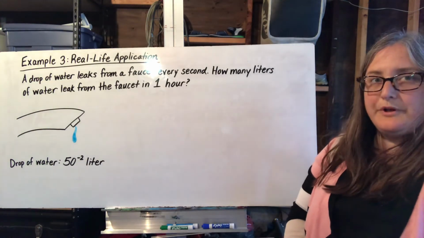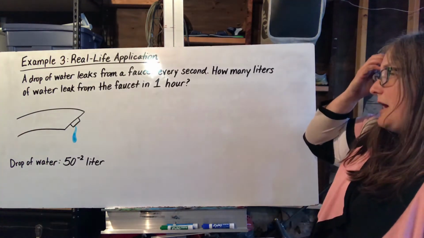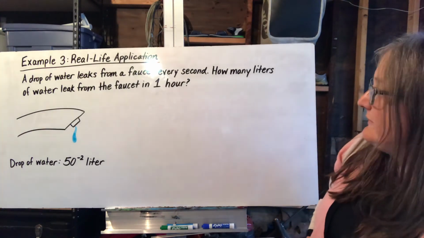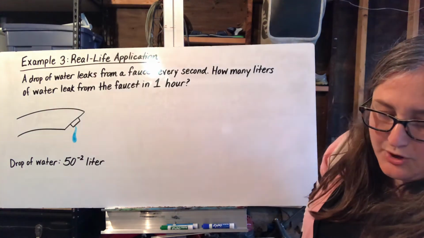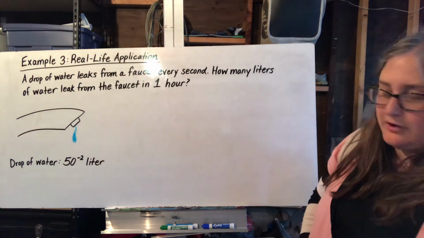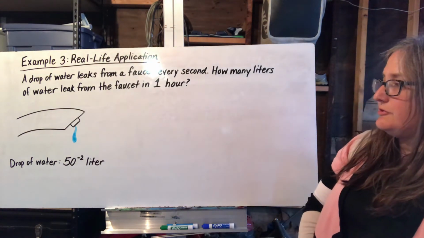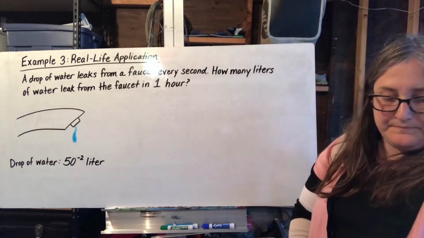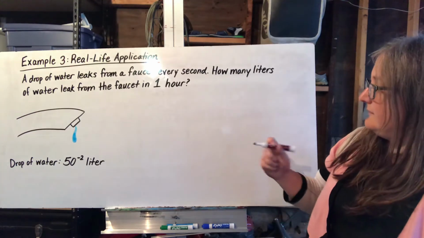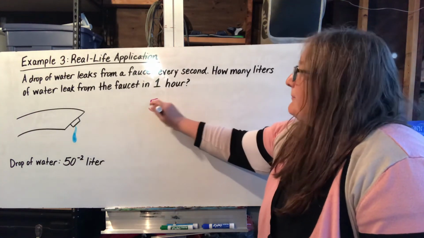So finally, our real life application. A drop of water leaks from a faucet every second. How many liters of water leak from the faucet in 1 hour? Okay, a drop of water is equivalent to 50 to the negative second power liter. All right, so I know that this is a drop of water,